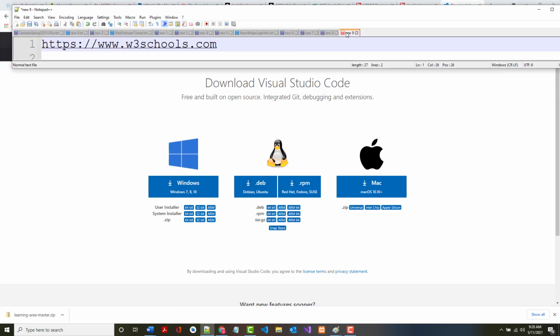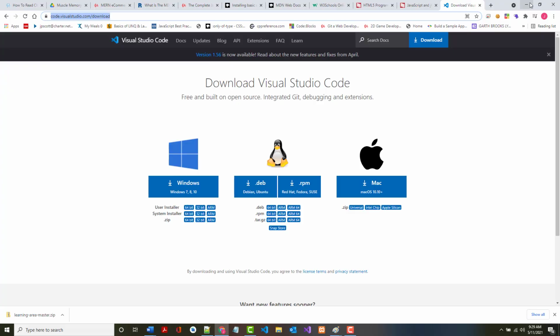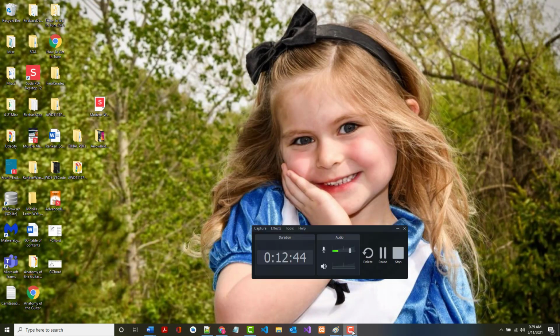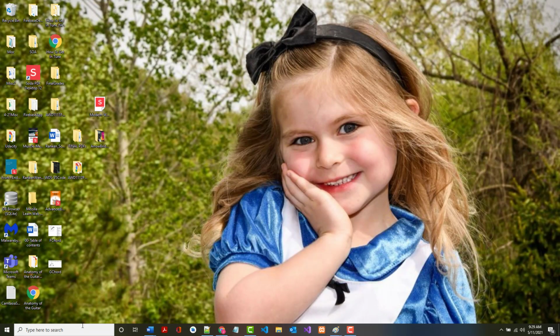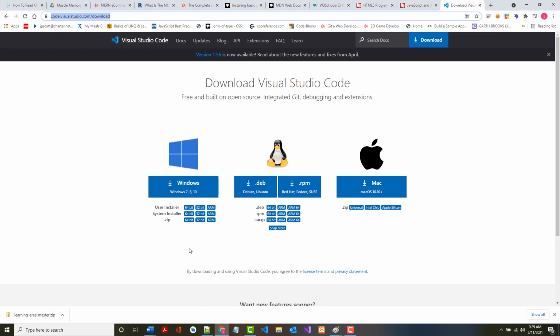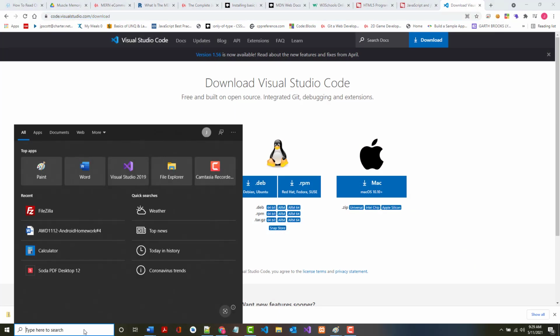I added it here into my list of URLs, and it's right there. Again, you should be using a Windows machine, ideally with Windows 10 on it. And if you click right there, it'll then be available to you. Now, I've already got it on my system, but to make things a little bit easier for most of us in here, I'm going to go into Control Panel,